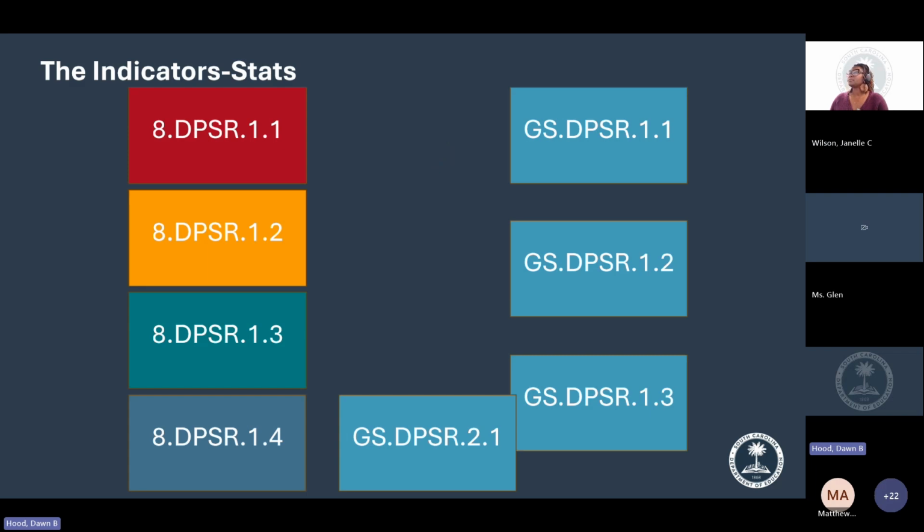So starting with the DPSR, we have 8 DPSR 1-1, 1-2, 1-3, and 1-4. These 4 indicators are the ones that are our statistical pieces: create and analyze scatter plots to represent numerical data sets in mathematical and real world situations. And if you have your standards in front of you, it'll probably make it a little bit easier to get through today's webinar. DPSR 1-2 for 8th grade is draw inferences about 2 populations utilizing representative random samples